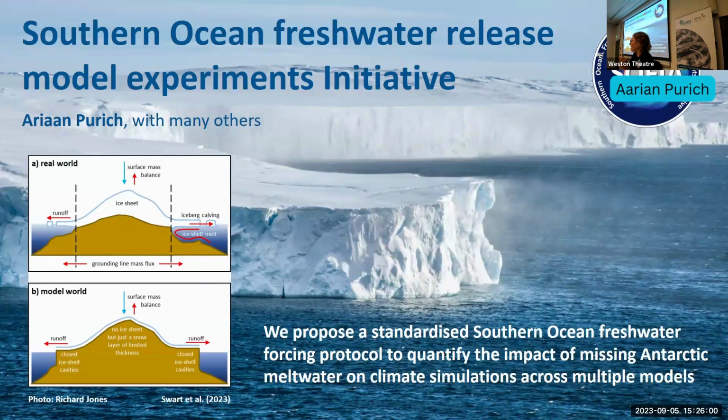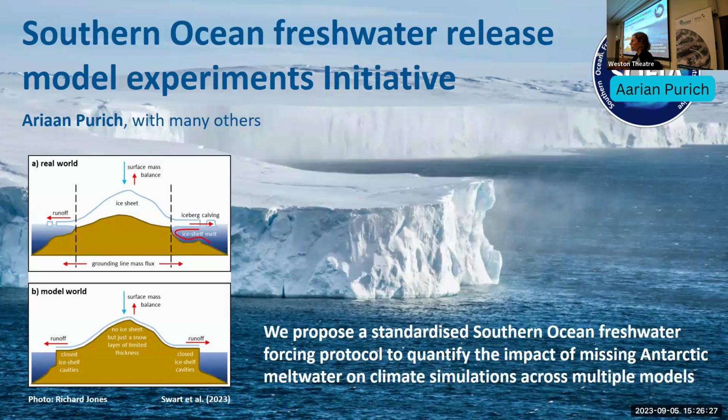As we all know, the Antarctic ice sheet is melting, and in addition to raising global sea levels, this can also have important impacts on climate. We've heard today from Paul and from Felicity that the ice sheet isn't included in coupled models. This schematic shows a cross section of Antarctica, and at the top we've got the real world, where we have our ice sheet, which is a big reservoir of fresh water. But our coupled model representation on the bottom doesn't include this big reservoir of fresh water.